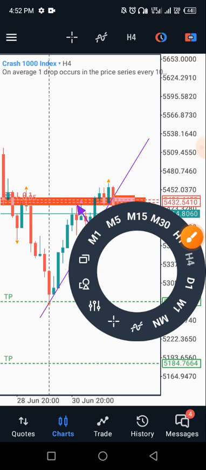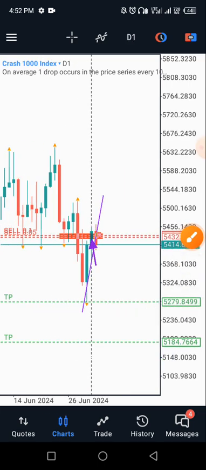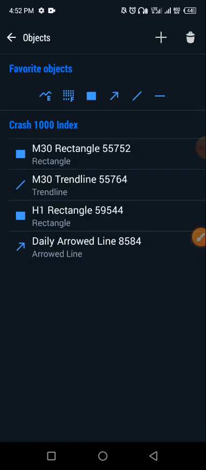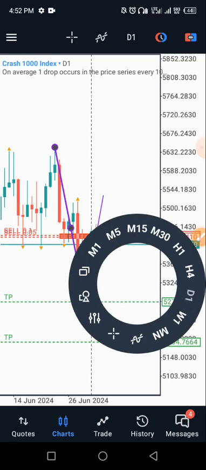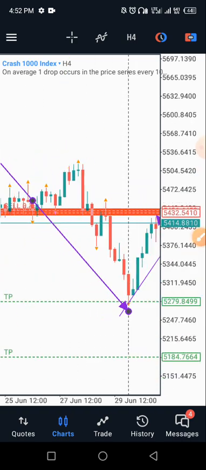If you go to the daily time frame, you will notice that our trend direction is actually a downtrend. Remember that everything must still follow our downtrend, or if it's an uptrend, it must follow our uptrend. But in this case we are in a downtrend, and that is why you see the market was respecting